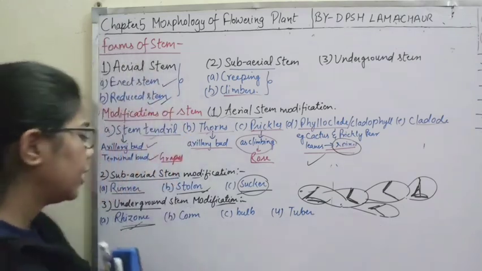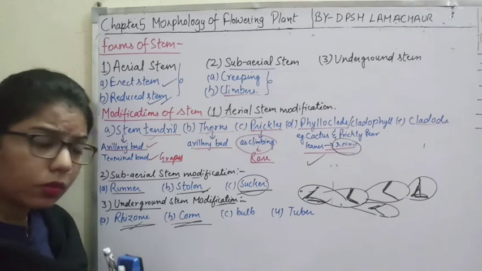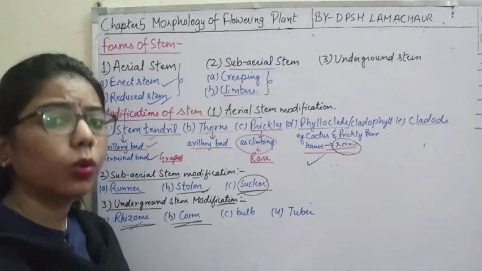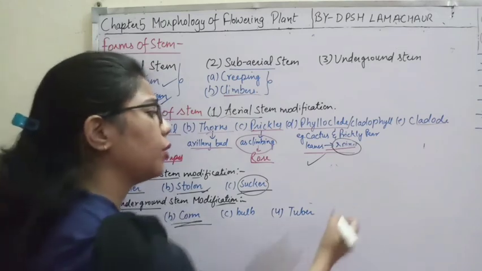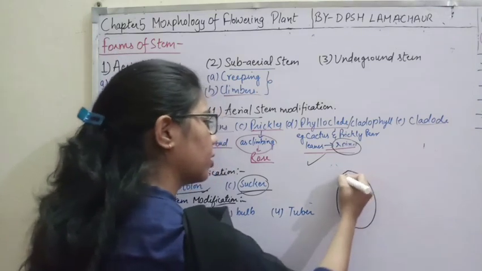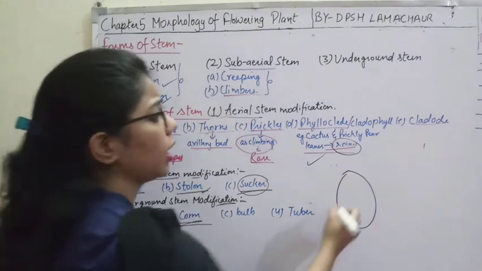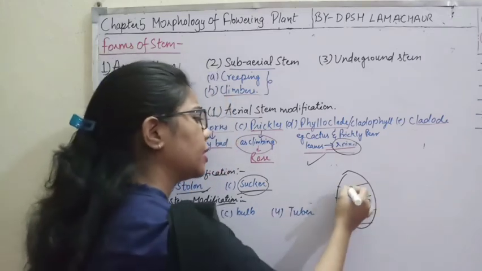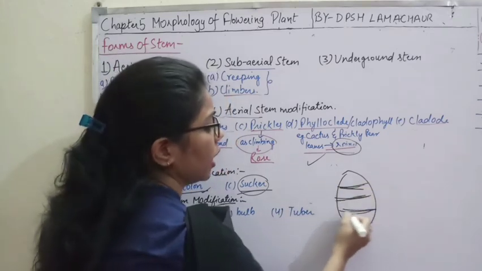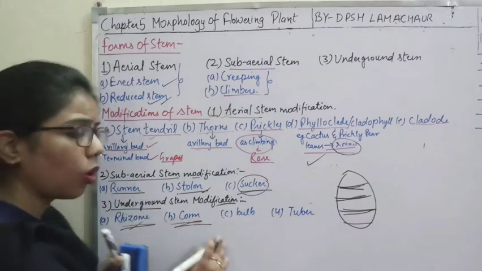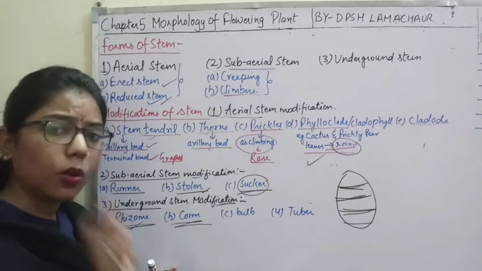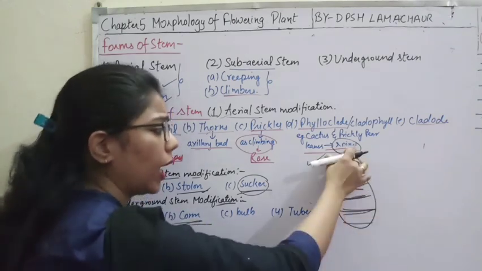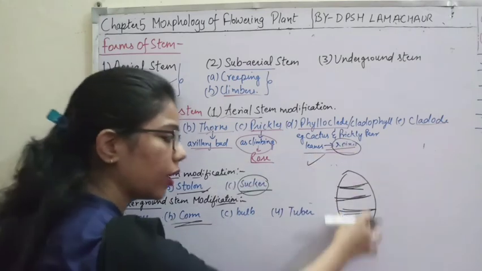Okay. Now another one is the example of corm. So what are these corms? In case of Zamikand or in Colocasia, you can see this type of structure. What type of structure? This type of structure. And again they have nodes and internodes. And here you can see some scaly leaves are also present. Everything is the same between rhizome and corm. There is no such huge difference. The only difference is that rhizome grows horizontally and this corm grows vertically.